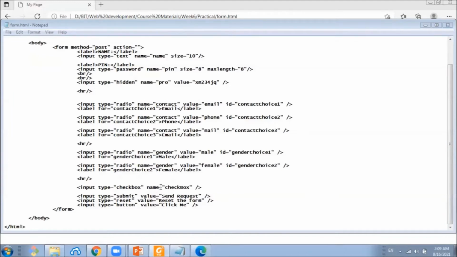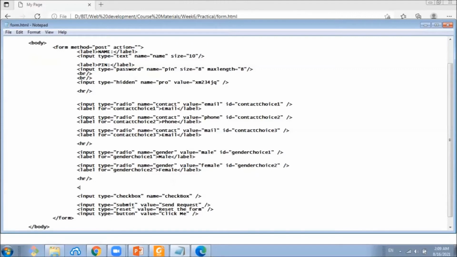In the first checkbox, first we will put a paragraph here to let the user know what we are expecting from the user.